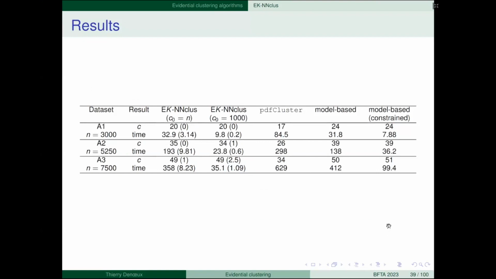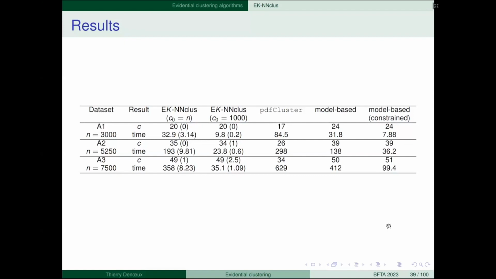This is a non-parametric algorithm for searching the mode of the density. It found 17 clusters. And the model-based approach with a mixture of Gaussians found 24 clusters, by AIC, for example: you have a model and you maximize AIC. So this algorithm was better at finding the number of clusters.